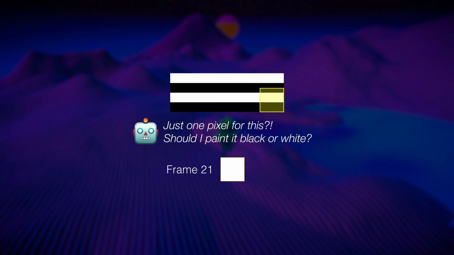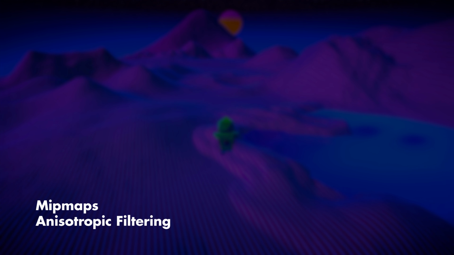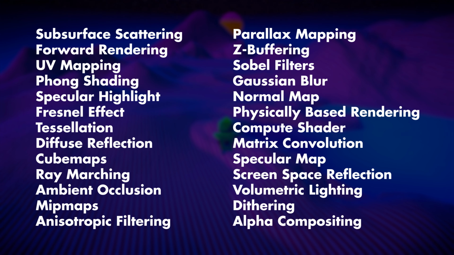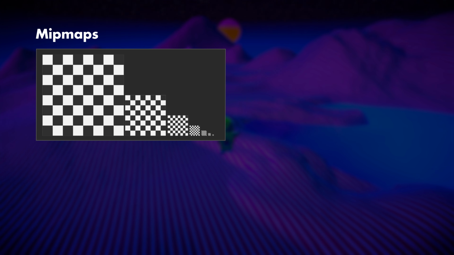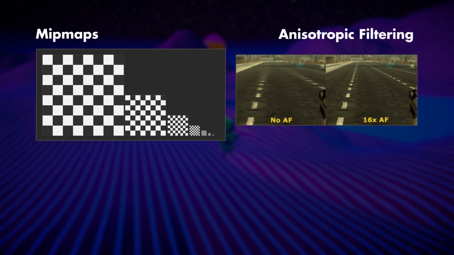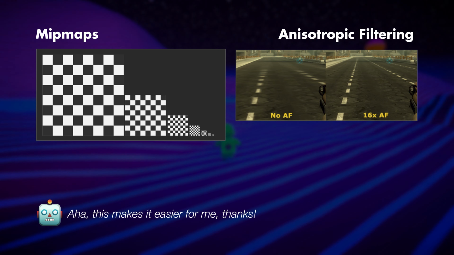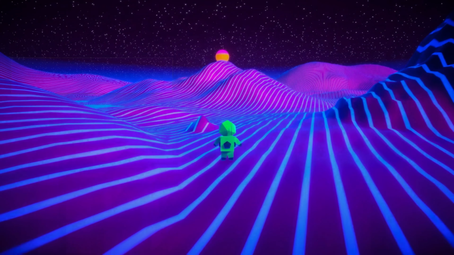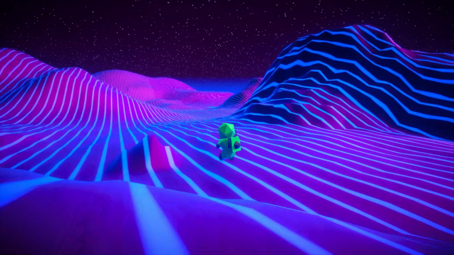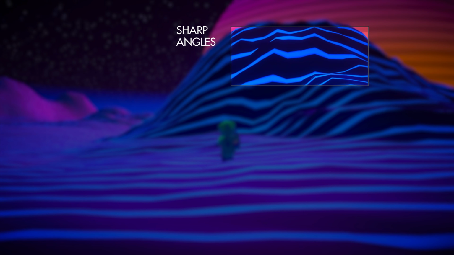This could be addressed by incorporating textures and using techniques like MIP maps or anisotropic filtering. And yes, shader development comes with its fair share of intimidating terminology, but to briefly explain, MIP maps are low-resolution versions of textures that help the renderer select the appropriate detail at different distances, while anisotropic filtering improves texture quality when viewed at steep angles, which is particularly relevant here. We're also seeing some flickering stars near the horizon, likely another aliasing issue, though I'll admit I'm not entirely sure. Lastly, some of the ground lines have sharp angles that could be smoothed out with more refinement.